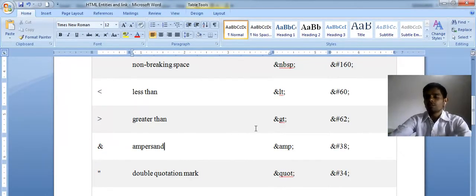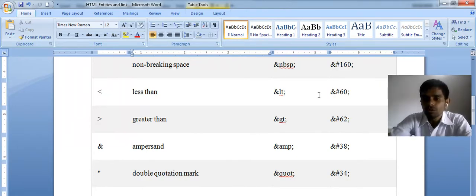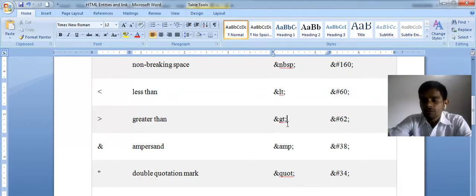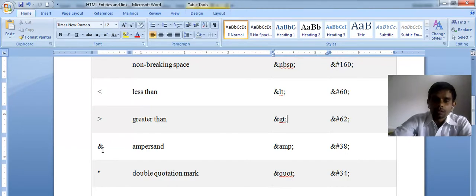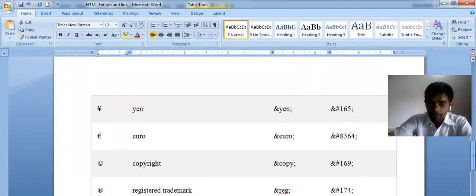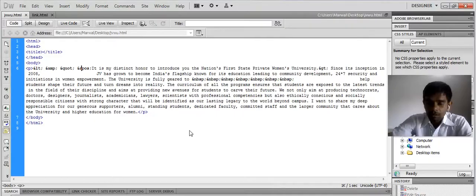So if you want to display those special symbols and characters on your web document, you need to use those entity names. If you use them, then it is very good for your document. It is a representation of a particular character. In every web page we see the copyright sign. So what should I do? I only need to use ampersand copy, and the copyright sign automatically appears over there. Let's see.